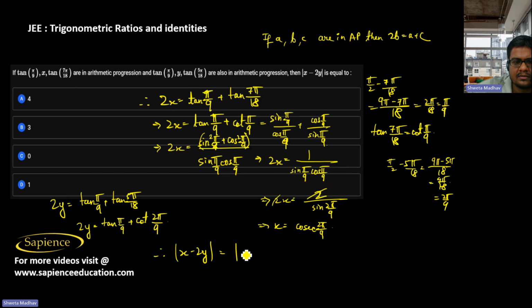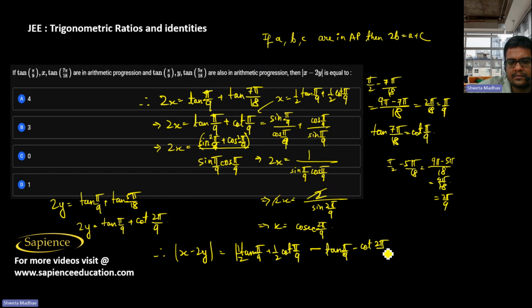This I can write as tan pi by 9 times 1 by 2 plus half of cot pi by 9. Since y from here only has x, I can say it is half of tan pi by 9 plus half of cot pi by 9. Now x minus 2y is tan pi by 9 minus cot 2 pi by 9. If you do this, then we will get